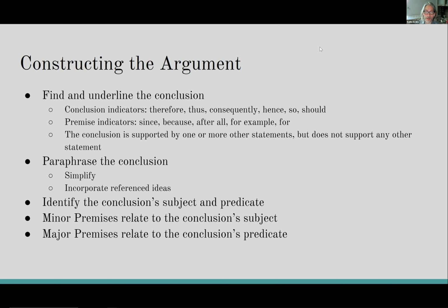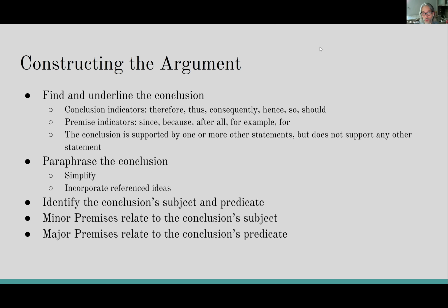So once I find the conclusion, I'm not done with it. I separate it into the subject and predicate, and this involves knowledge of English syntax. This is why the other materials don't talk about it. It's hard. How do you learn English grammar? How do you learn English syntax? You have to be willing to kind of probe some things that you take for granted in your own speech and your own writing, and get more particular about what they mean.